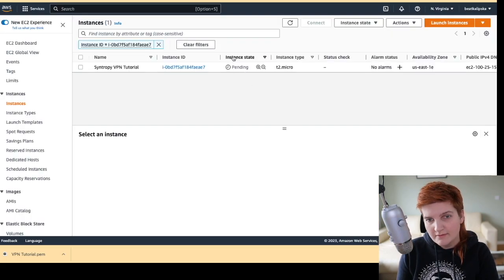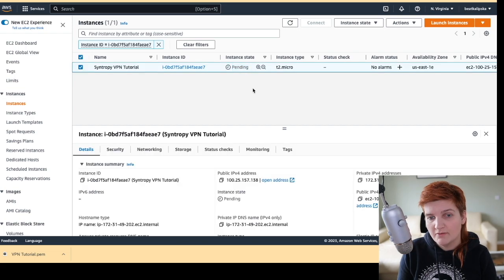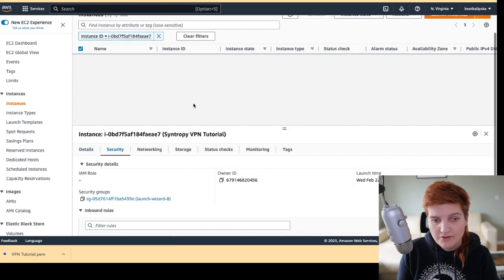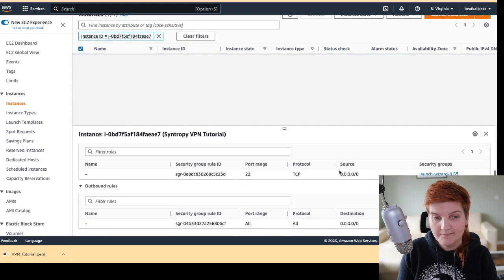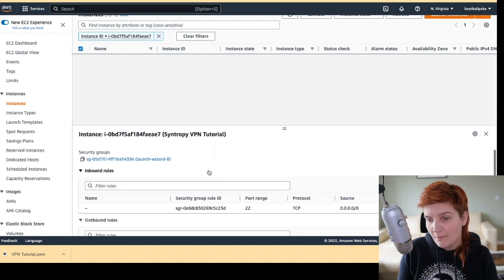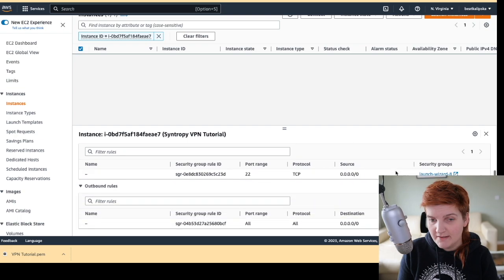Okay, so the state is still pending. Obviously we can use it just when this is going to be green. By this time, we can go to the security tab and set up some inbound rules that we will use in our VPN setup. So if we go to security group,